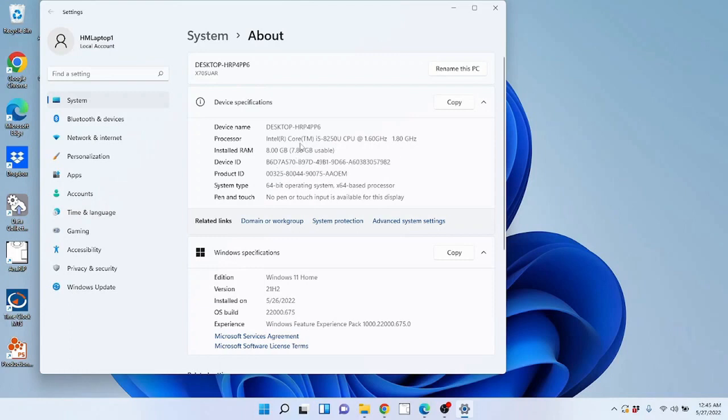So this is really good to know. Think of it as like the engine under the hood of a car. You're looking under the hood, trying to see what hardware specifications you have. Now, this shows us our processor and our RAM, but one other thing that's very important to know is your